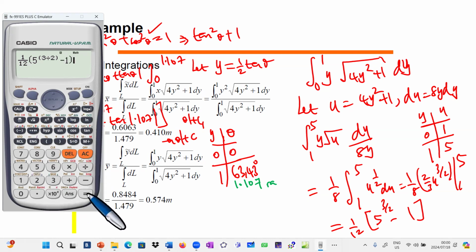All right, so it is 0.8484. So it confirms therefore the integral of the top one. The top one is easy because